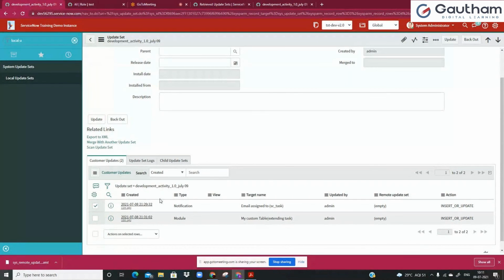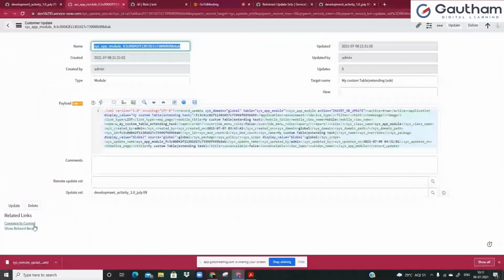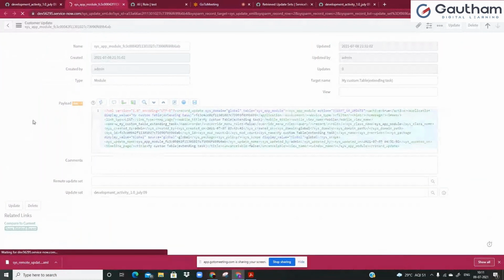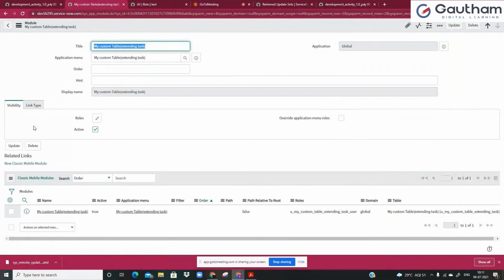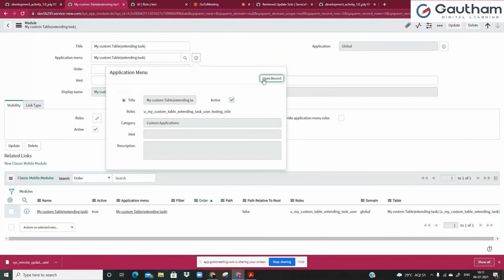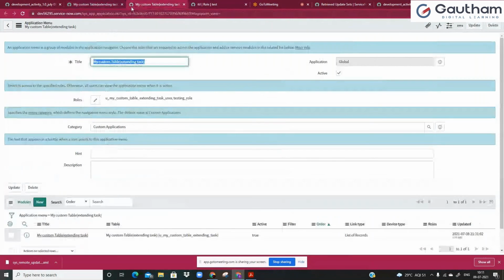Whereas this module is something that I created on my own, so that is fine. But the other concern is that this module also contains components of other tables, meaning it contains an application menu. This is coming from another table. The sys_app_module is this table, and sys_app_application is the other table. So the system is telling you that